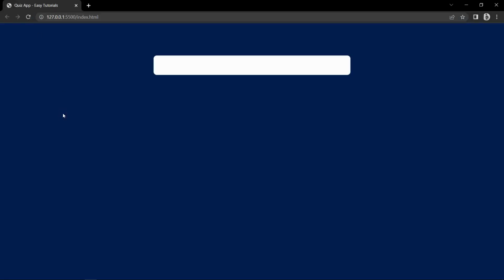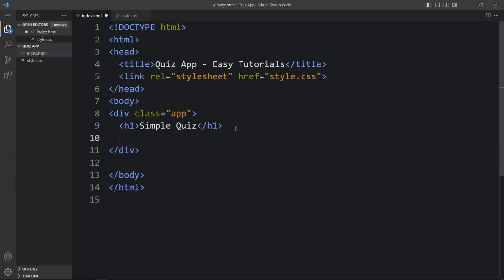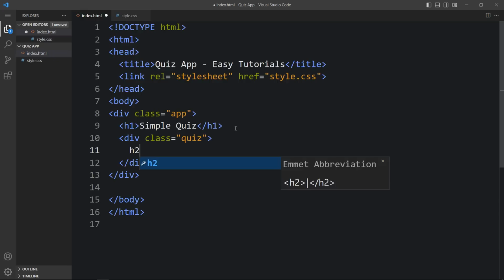After that, let's come back, and within this app, we have to add one title. So here we will add one title in h1, simple quiz, and after that we will add another div with the class name quiz, and within this we will add one question in h2. So let's add the h2, and here we will add one id. So the id is question,